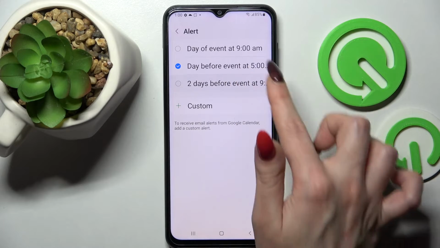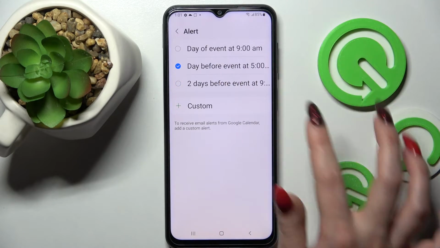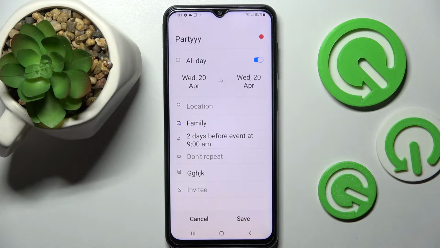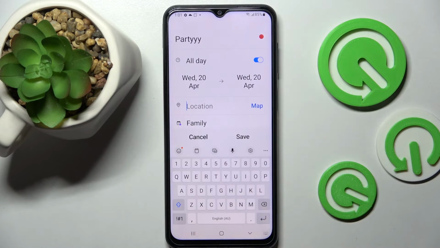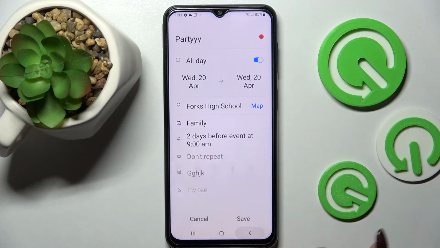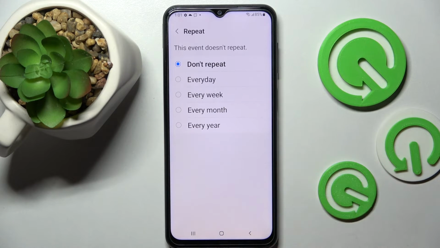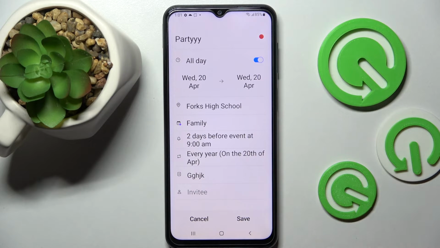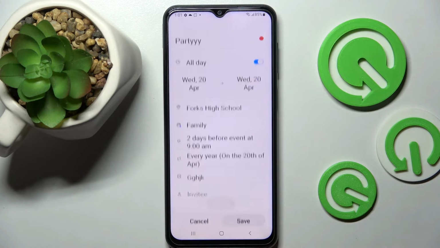to set up notifications, minutes, hours or days before your event. I will go with 2 days before. Over here select location. And even tap on don't repeat and select one of those options, for example, every year. When you're ready, you need to save your event by clicking on save at the bottom right corner, and as